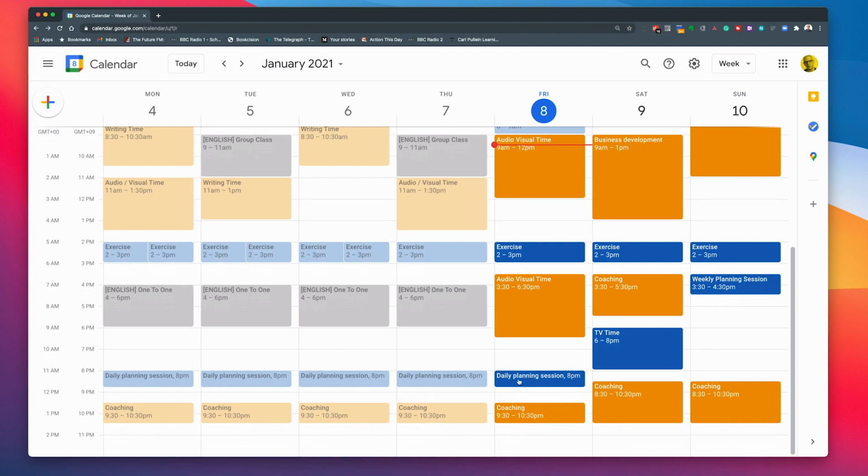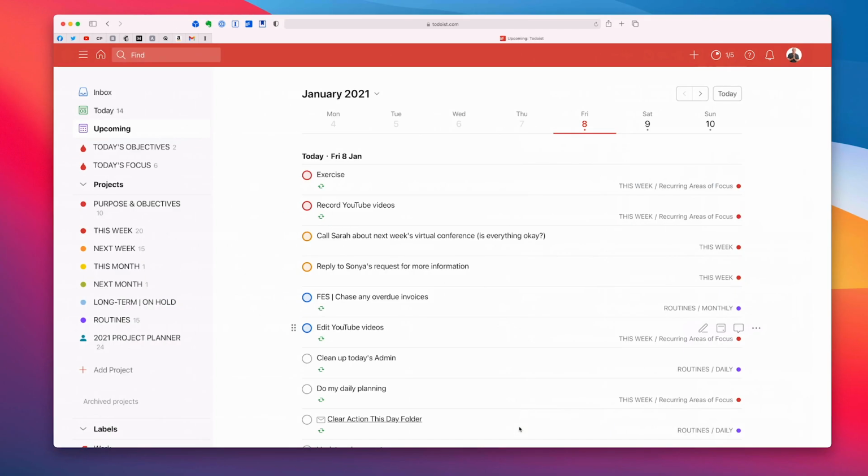I've got my daily planning session, which as you can see here is fixed. And that allows me, I've given myself 45 minutes for that. I don't need 45 minutes of planning. So it gives me a little extra time, usually another 25 minutes where I can do some admin, catch up with communications or anything like that. And then tonight, being a Friday, I actually have coaching calls between 9:30 and 10:30 p.m.